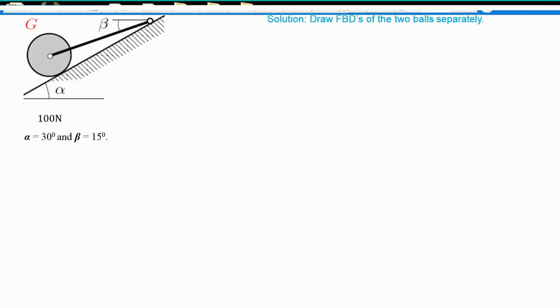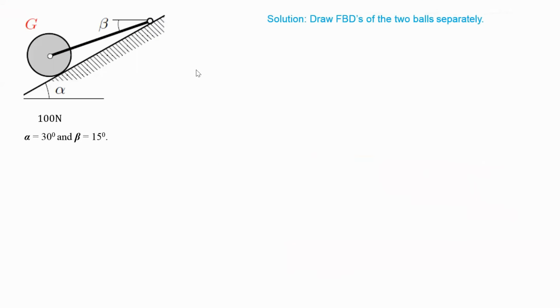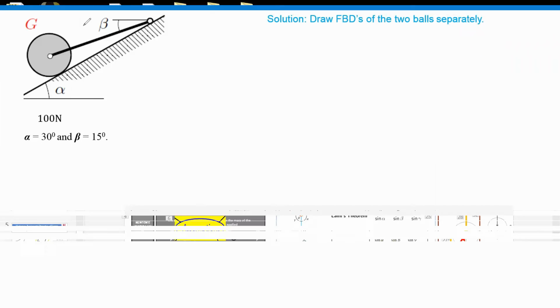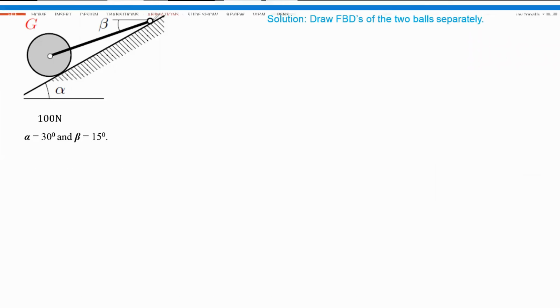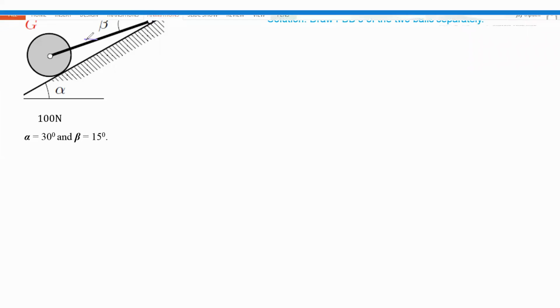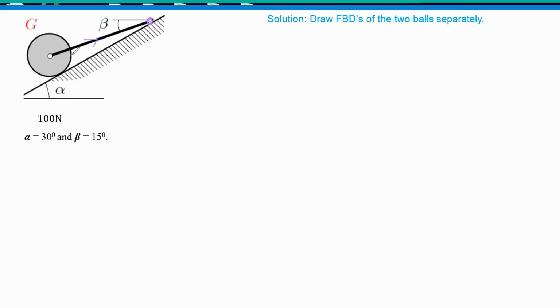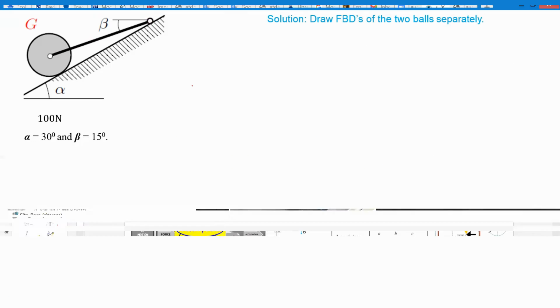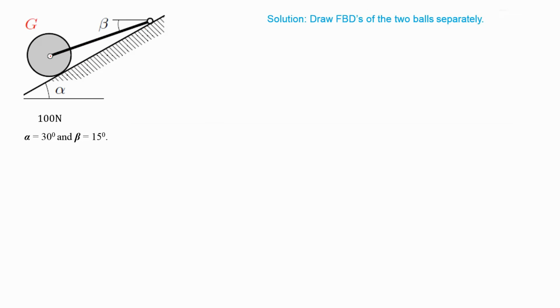Now let's consider one more problem. Here a pulley, or you can see a sphere. Basically one object is suspended on this inclined surface with the help of a rope, and rope is fixed at this point. So you have to find out the tension in this rope and other reactions. Okay, so what you can do, you can draw FBD, but before drawing FBD, it is better to apply the forces in this original system. Then we'll be able to visualize how many forces are acting.